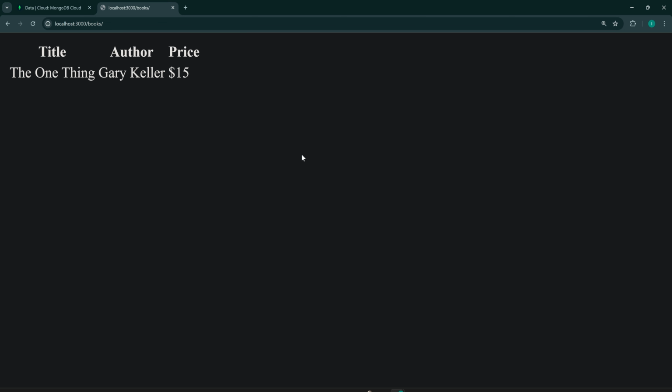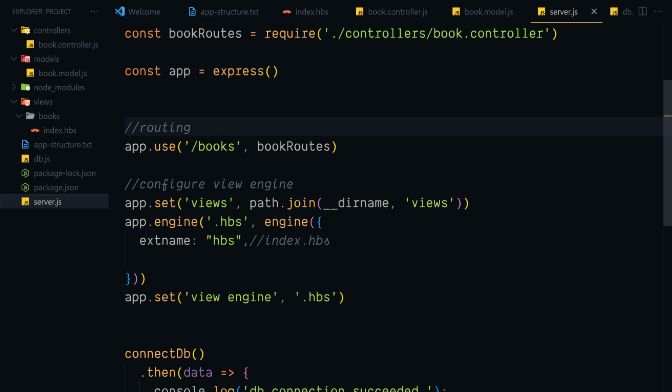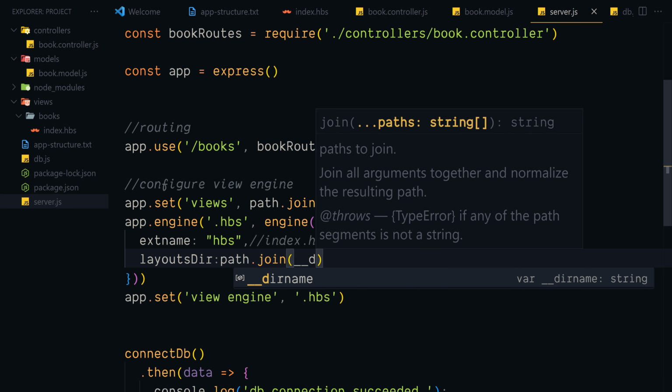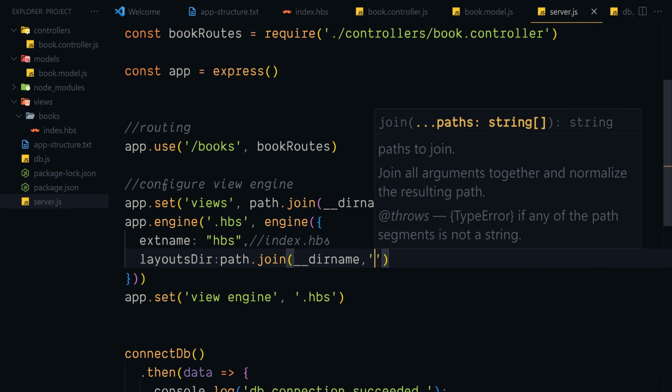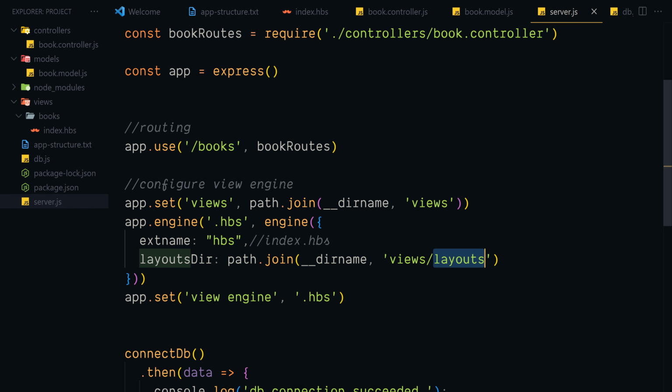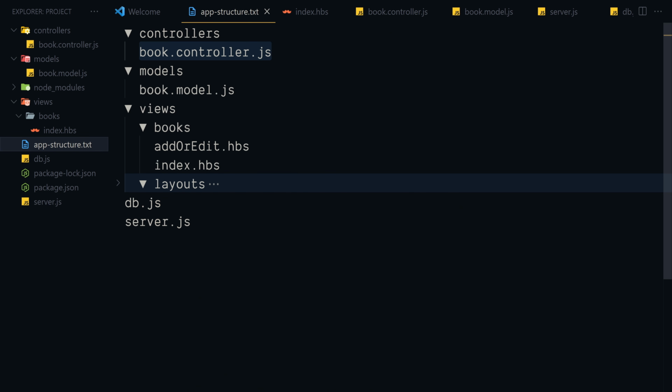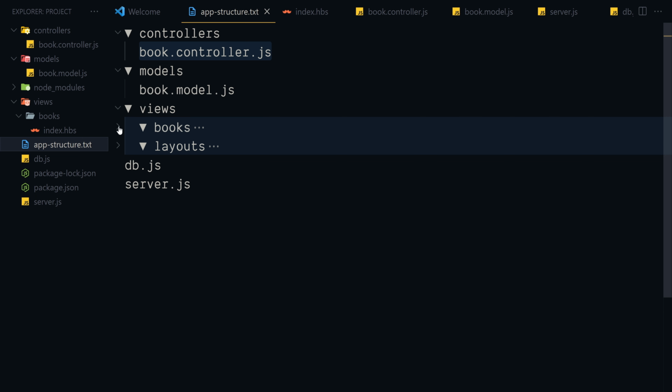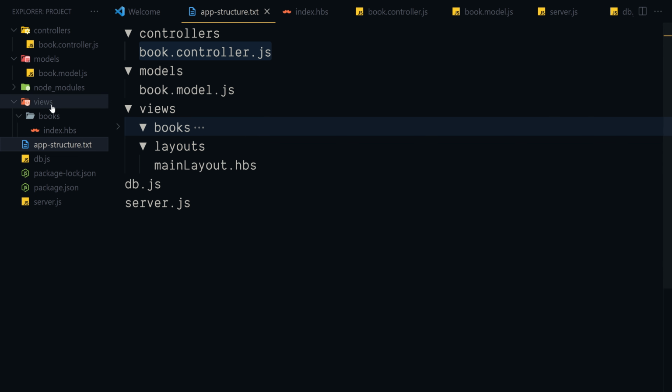Basically, a layout means an HTML wrapping, like the HTML declaration, body, head, and all of that. So here we go. Inside this server.js file, we can configure the layout like this. Layout directory is equal to the path.join method can be called. Along with the directory of this project, just append this directory views, then /layouts. So inside this folder layouts, we'll be adding the layouts for this application, which you can see inside this app structure also. So here we have the books folder, and here we have the layouts. So let's create this folder,